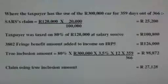You will come across problems when the code 3802 amount on the IRP5 does not reconcile with the car cost or the number of days of use of the company car on the ITR12. Although SARS asks you to enter the cost of the company car on the ITR12, SARS seems to ignore the fact that something is obviously wrong if the car cost and the days of use do not match up with